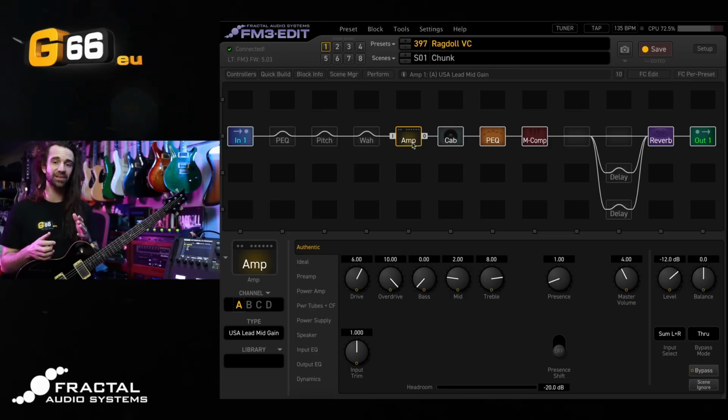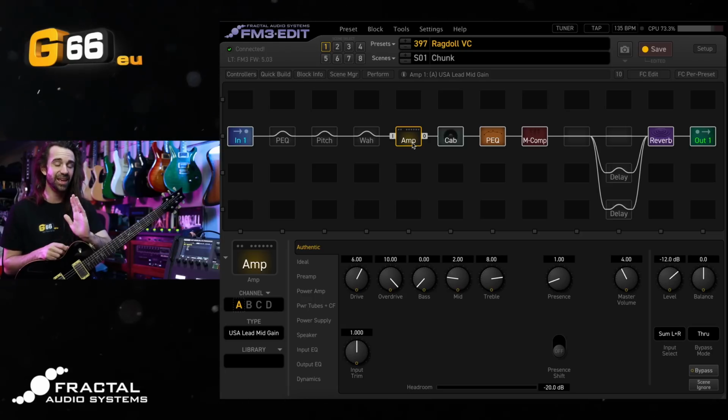However, when I'm practicing the live ragdoll set, some of our older material is in drop C# tuning. Currently, we play in drop C tuning. So when I'm playing along to the recordings of the older material, I either need to grab another guitar or I need to use the virtual Capo. And over the last couple of firmwares, the virtual Capo on the FM3 has had some really sweet little updates, and it is absolutely fantastic and totally usable in a live context,